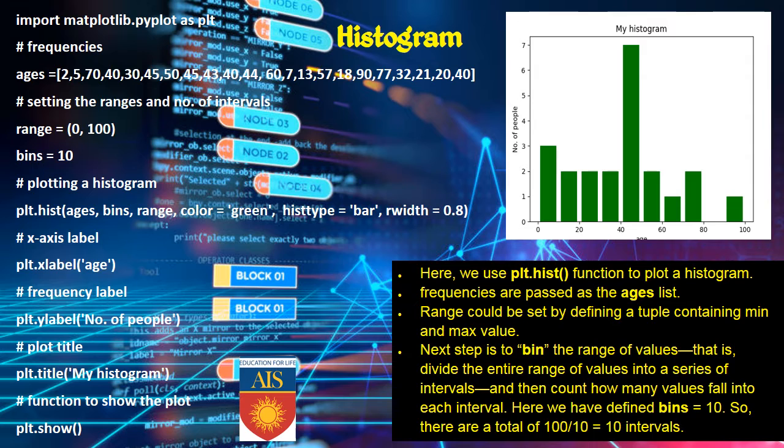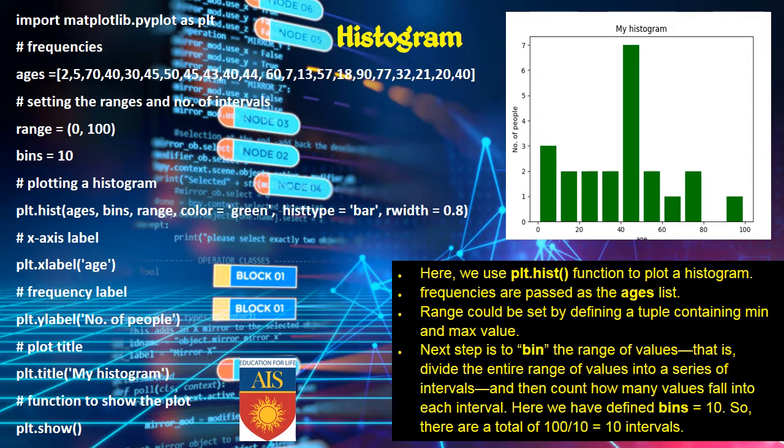Now an extra note: here we use the plt.hist function to plot a histogram. Frequencies are passed as the ages list. Range could be set by defining a tuple containing min and max value. Next step is to bin the range of the values, that is, divide the entire range of values into a series of intervals, and then count how many values fall into each interval.